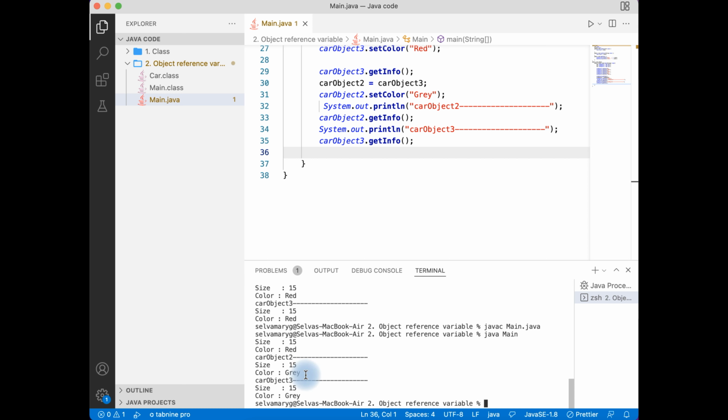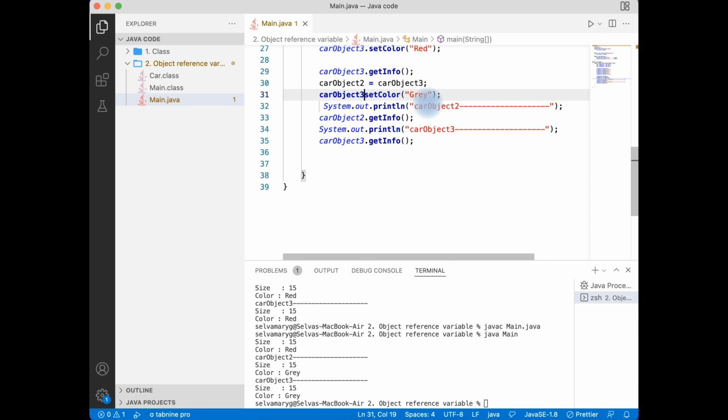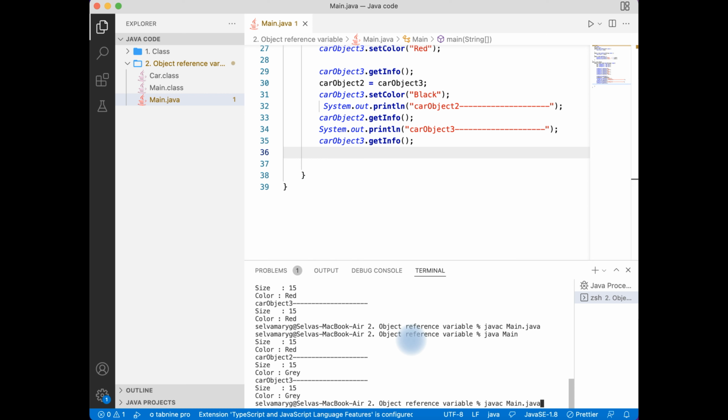So if I am giving car object 3, let me change it here only. Car object 3 dot setColor is black. Running the program again. Now what is happening? Car object 2 is also 15 black and car object 3 is also 15 black. So what is happening, that we can understand